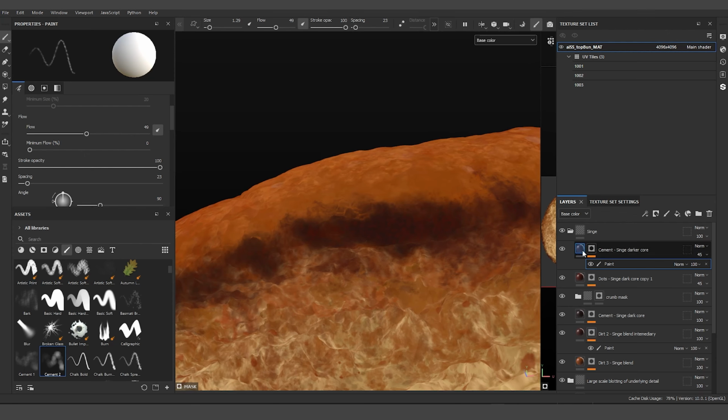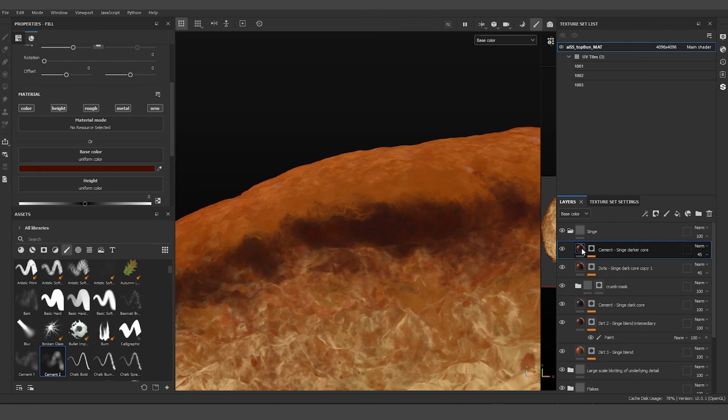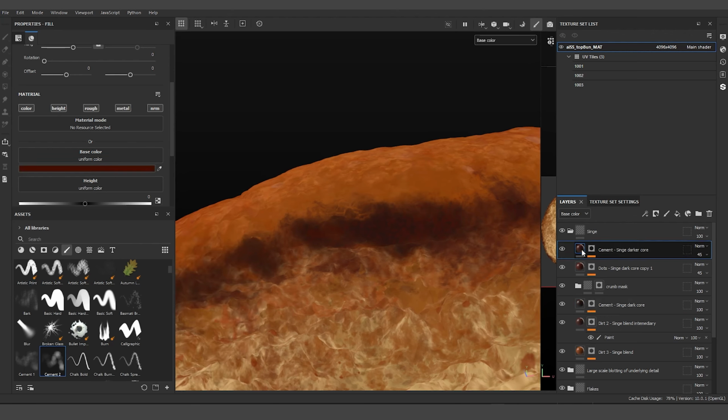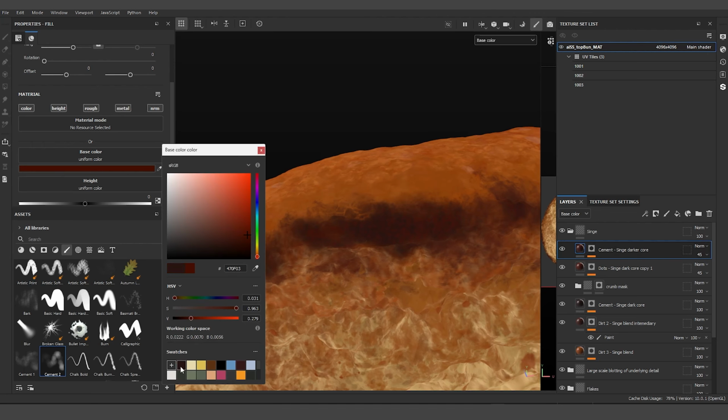It's very red. Okay, that's my core. So I picked the wrong thing to duplicate. I'm going to go over here, store this color, come up here, grab that color,